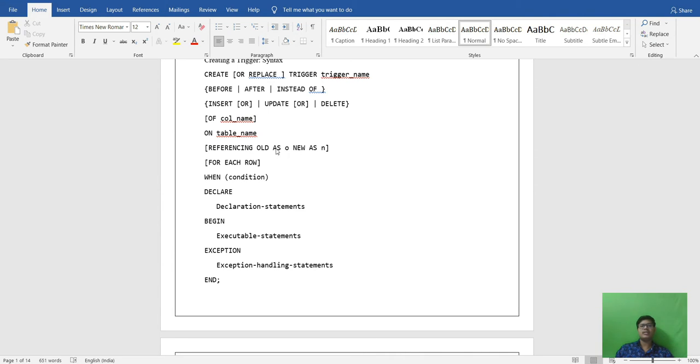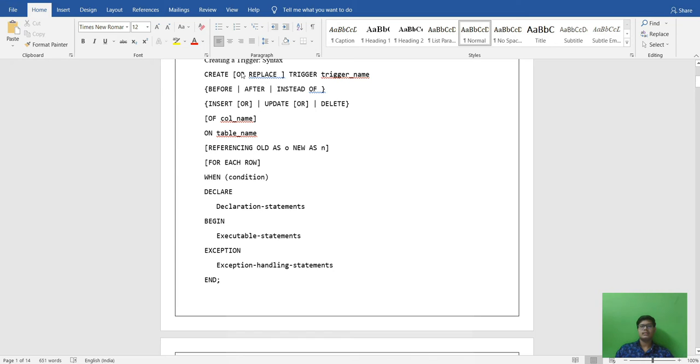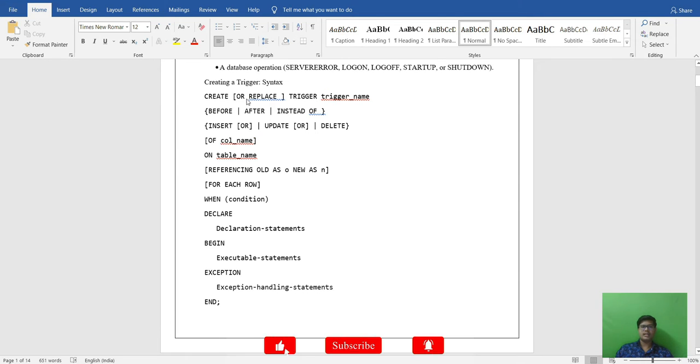If we have to update, the old and new values are referenced, and it becomes for each row, with a where condition. Then we declare variables such as integer, boolean, etc. Then the execution begins, with if else when the condition is there. In exception, if something happens, another action is executed, and then end. So this is the syntax for the trigger.